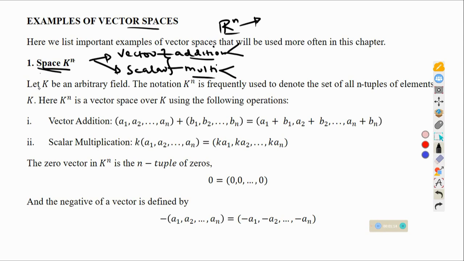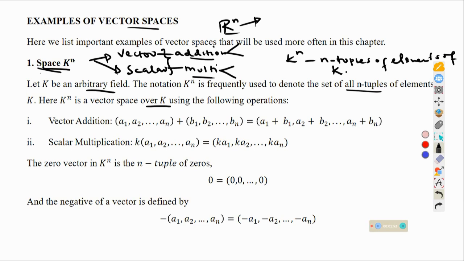So we shall say that if K is any arbitrary field, then the notation K to power n is frequently used simply to denote the set of all n-tuples of elements of K. So like the way we said for R to power n. So this set here, when you talk about K to power n, you are simply talking about all the n-tuples of elements of K. That is what we talked about. So we shall be able to say that K to power n is a vector space over the field K